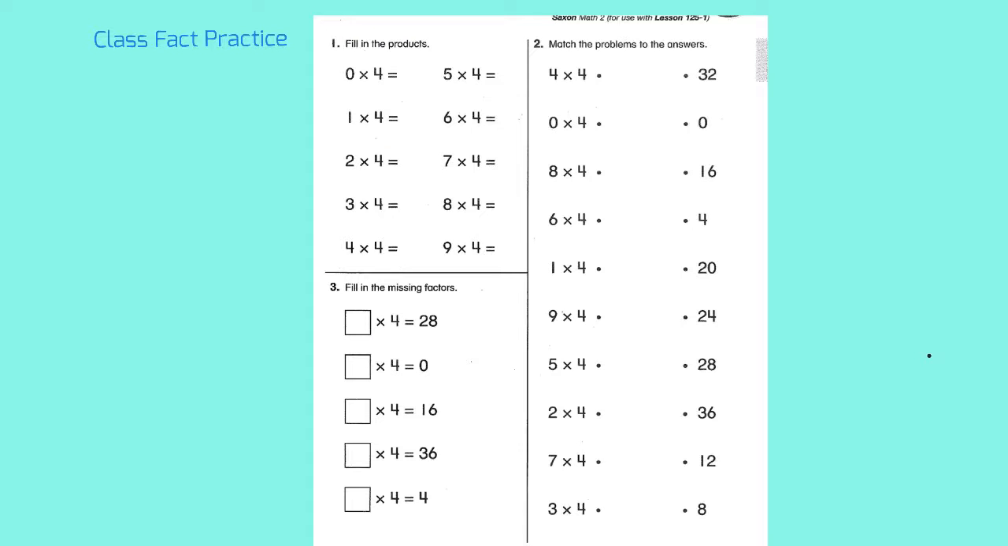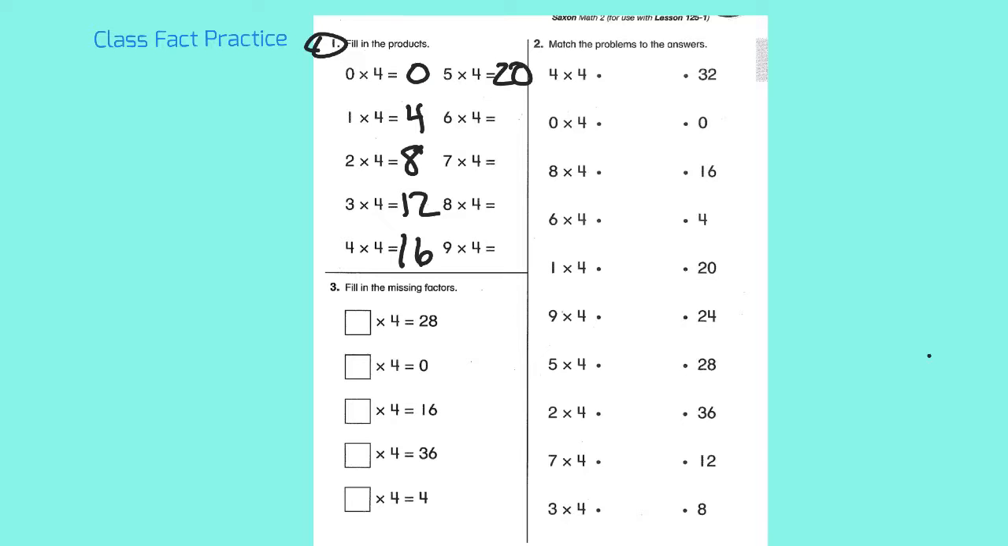All right, we're going to go over our multiples of 4 on this practice sheet, okay? So let's go ahead and start with section number 1. We know 0 times 4 equals, get ready, 0. 1 times 4 is, get ready, 4. 2 times 4 is, get ready, 8. 3 times 4 is, get ready, 12. 4 times 4 is, get ready, 16. 5 times 4 is, get ready,